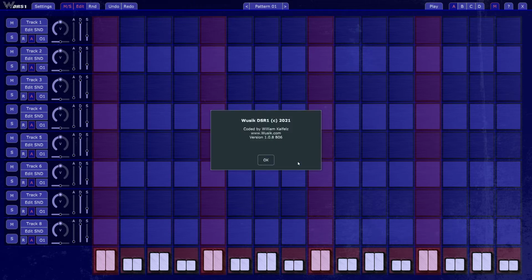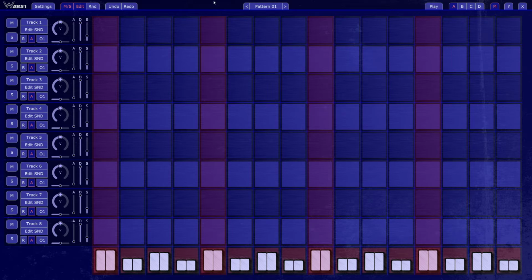This is the new beta version 1.0.8 beta 6, and I'm going to show the new features for beta 6 compared to the other betas first, then I'm going to show the other features again. So the first thing, on the edit sound,